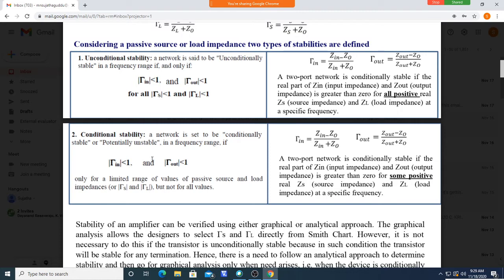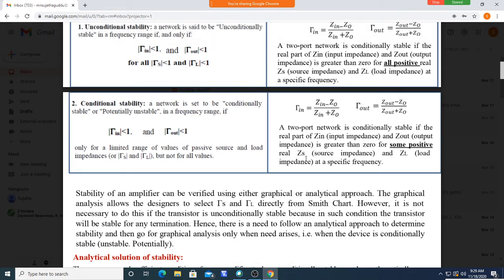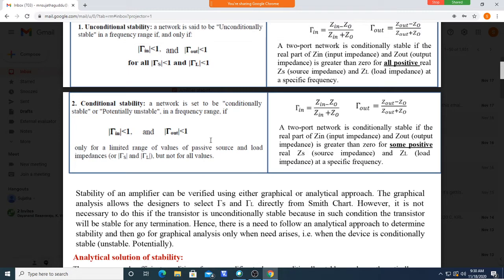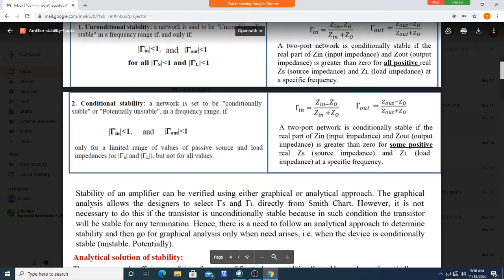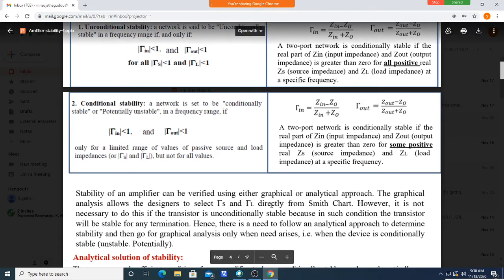So in such a case, what values of ZL and ZS should we take? That is the question now. Which values of ZS and which values of ZL give a stable operation? If the system is conditionally stable, then what do we have to do? You should use one more method, that is called the graphical method. You should go for the graphical method.